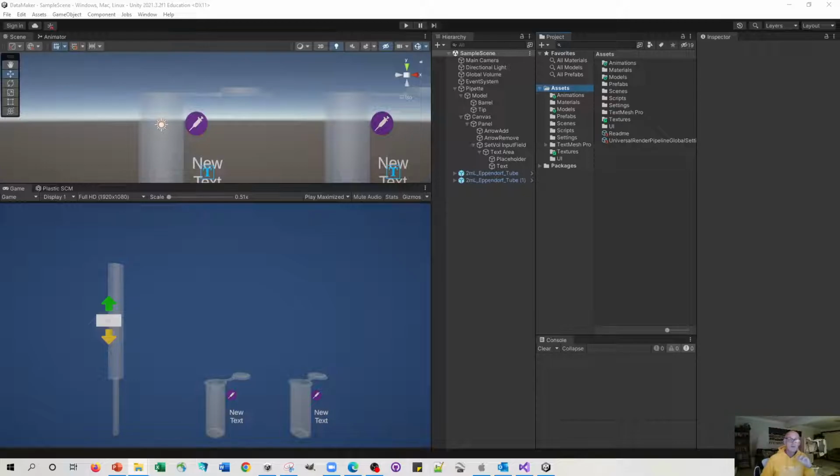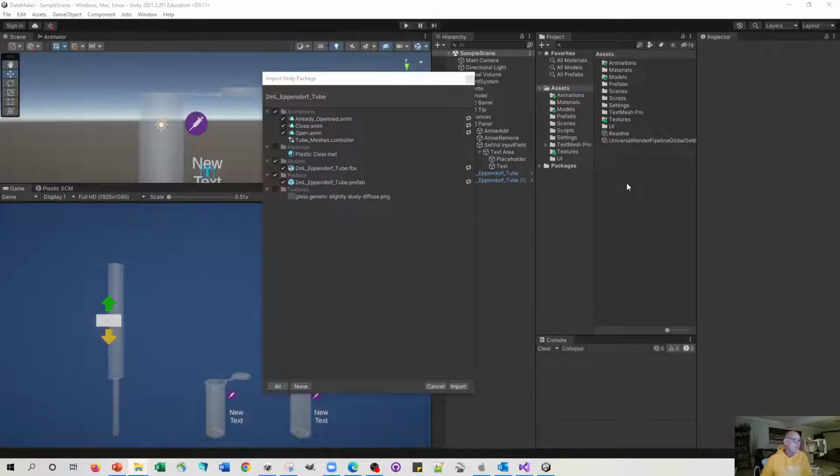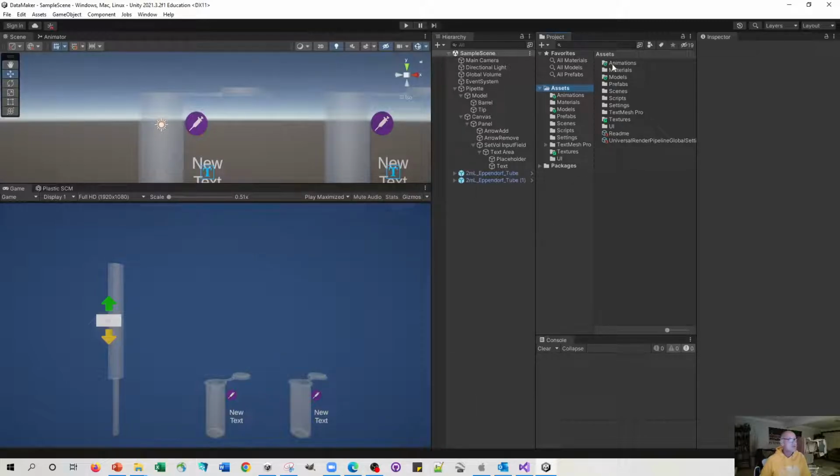to the visual experience. Now you can just drag this package in to the assets. What will happen when that gets detected by Unity is it will ask you what you want to bring in. And you can see these animations he's made here, materials, models, and he's even made a prefab which puts them all together. I'm going to cancel that because I've already brought them in, of course. But you can see here in the things that need updating that the animations, models, textures all came in very